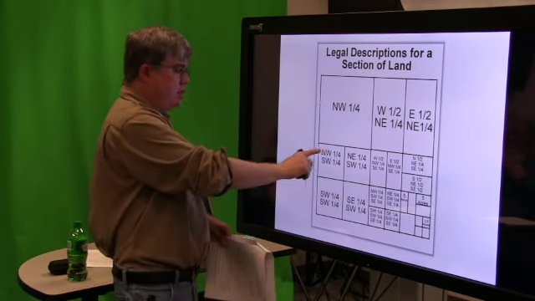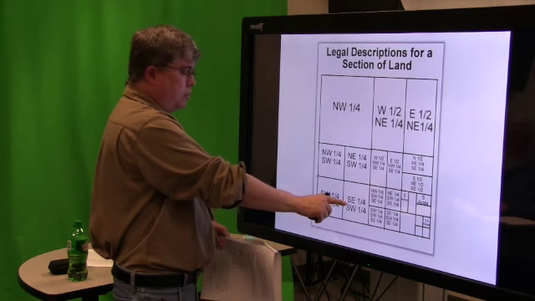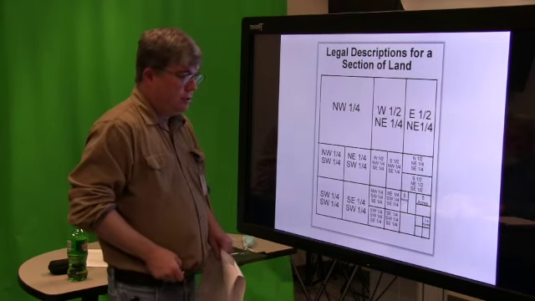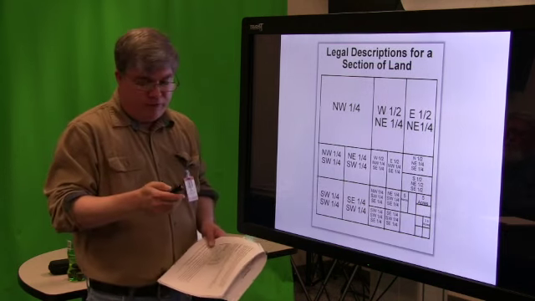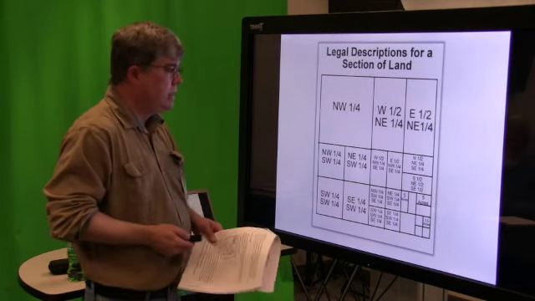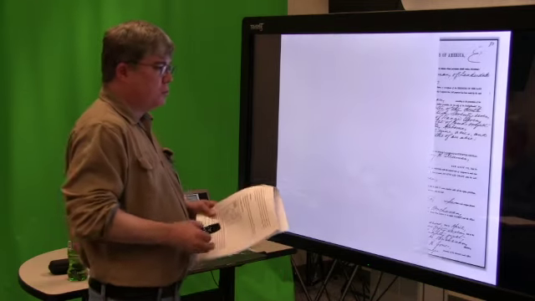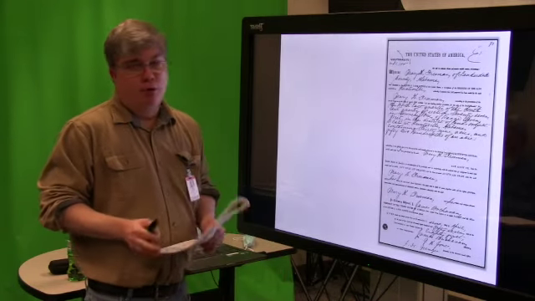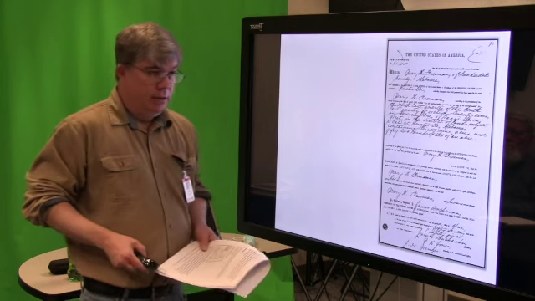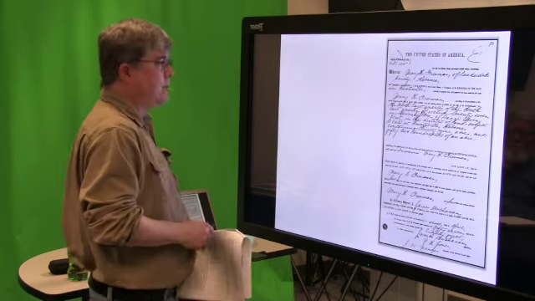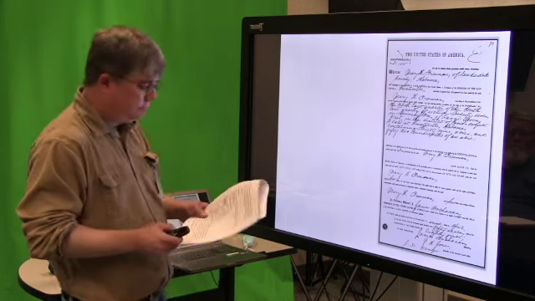And you can see how you just break it into smaller and smaller sections, or smaller and smaller units. It looks hard at first, but after you do it a couple times, it really is simple. And it's way easier than the metes and bounds. One of Dr. Russell's class projects was to do a metes and bounds deed, and with protractors trace out the property. And I don't think anybody ever got it completely right.